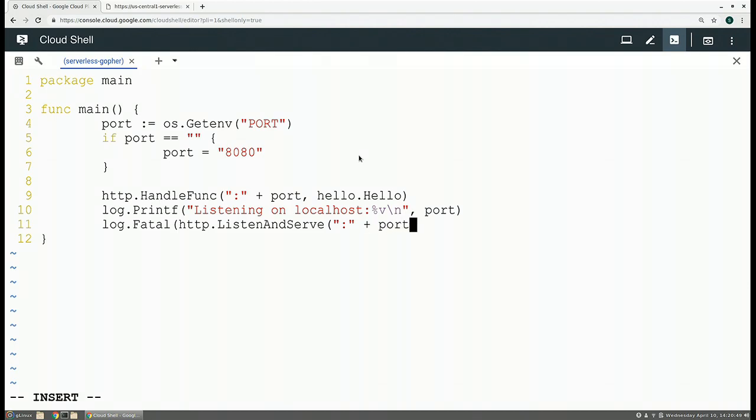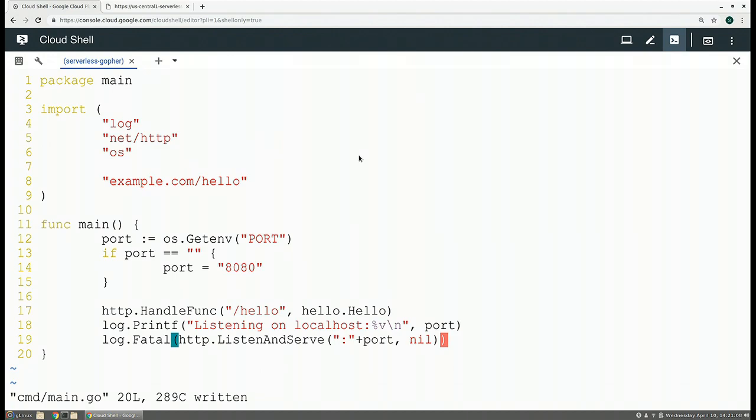So we need our port, whoops, up here. We don't want to listen on a port. We want to listen on some endpoint, which is, we'll say /hello. Here we're listening on some port, default mux, close fatal. And there we go. So at the top here, we have a few imports from standard library, and we have